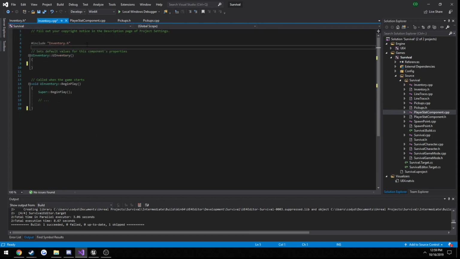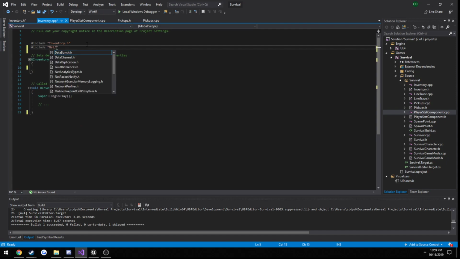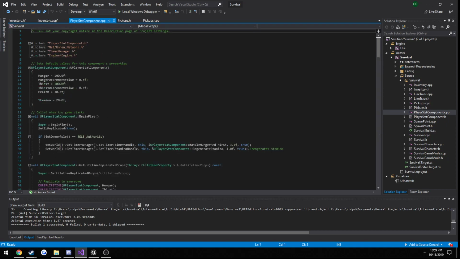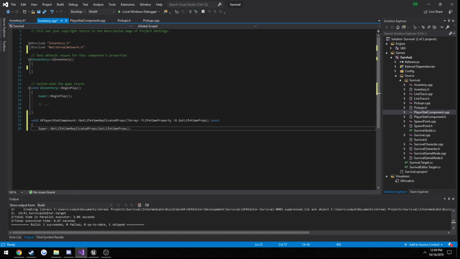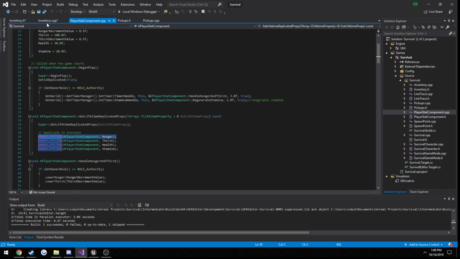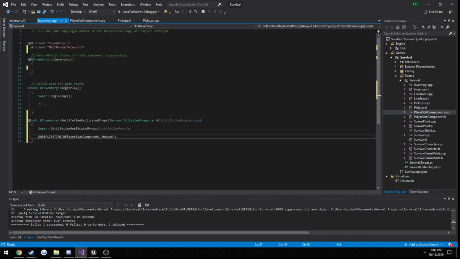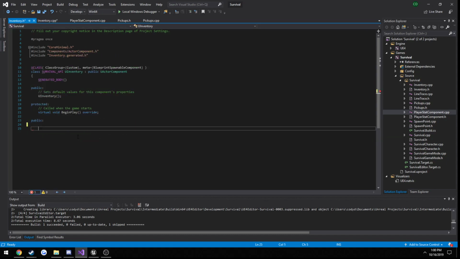So one thing, since I said we're going to have to replicate it, we're going to include Net, Unreal Network, and we need our GetLifetimeReplicatedProps function. So I'm just going to copy and paste. That's why it's there. Alright, so now let's go ahead and create,